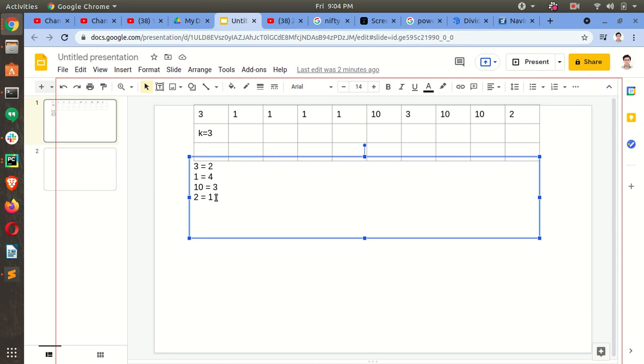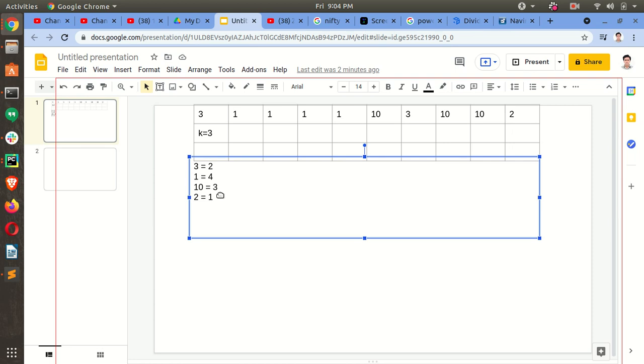This we can calculate using the number of numbers which are equal to 3 or greater than 3.